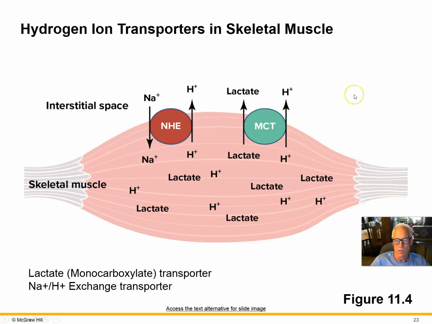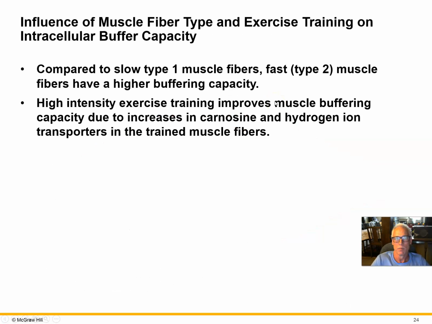What is interesting, though, is that we'll talk about adaptation to exercise and add a new wrinkle. We've talked about it before, but now we'll add a new concept. The muscle cells have transporters to help get rid of the hydrogen ions that are produced during anaerobic glycolysis. So type 2X fibers have the most of these transporters, two transporters that are listed down here that can pump hydrogen ions out of the cytoplasm of the muscle cell so it can continue to work efficiently, until eventually we exhaust the buffers and these transporters can't keep up during super high intensity exercise. Then they'll actually acidify the cytoplasm. But muscle cells have an ability to pump out a lot of hydrogen ions by these two transporters.